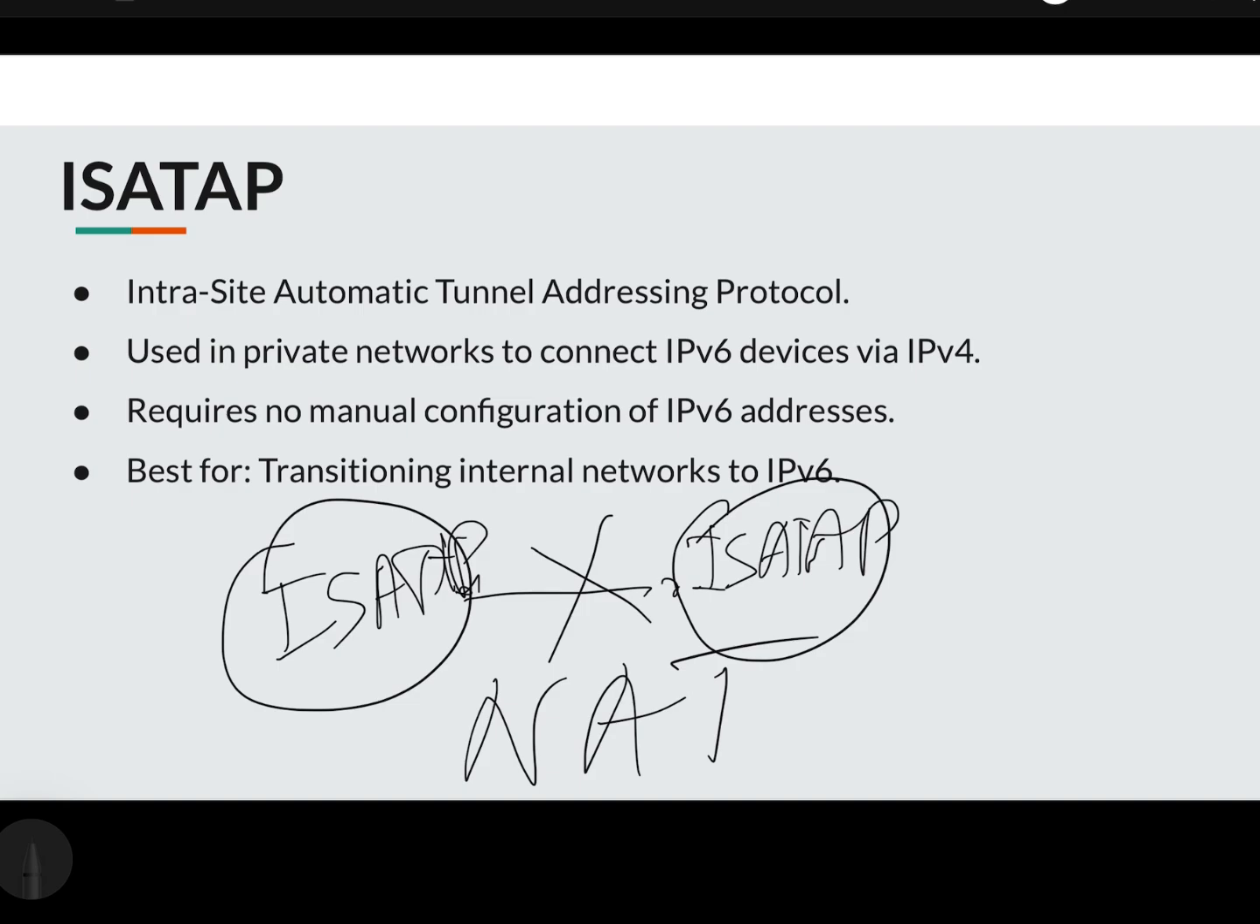Best use case: transition of internal organization networks to IPv6 while maintaining IPv4 infrastructure, ideal for enterprises testing IPv6 deployment or gradually introducing IPv6 to their systems. So overall, ISATAP is a practical tunneling solution for organizations needing IPv6 communication within private IPv4 networks. It automates the setup process, making it a simple, efficient option for internal IPv6 adoption. So the next one is